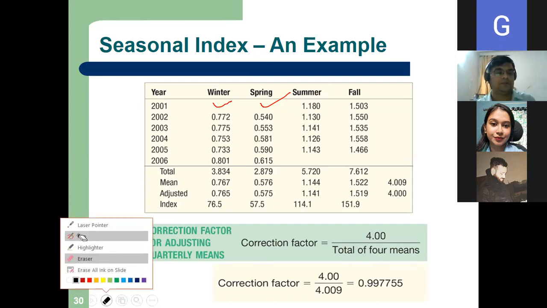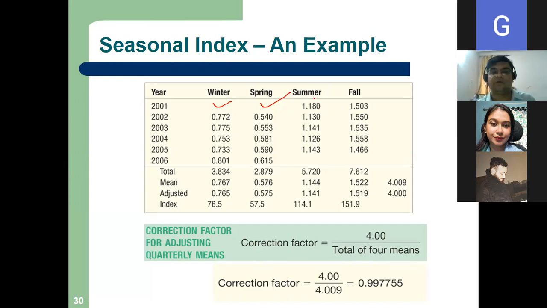Yes, students. Yes or no? We got 1.18. Then fall, we got 1.5. If you remember the last sheet. So we can write for 2002. We'll get this. You have got this. Okay. Next, again I told you, these two are blank. Last 2006, last two will not get. 2001, first two will not get.